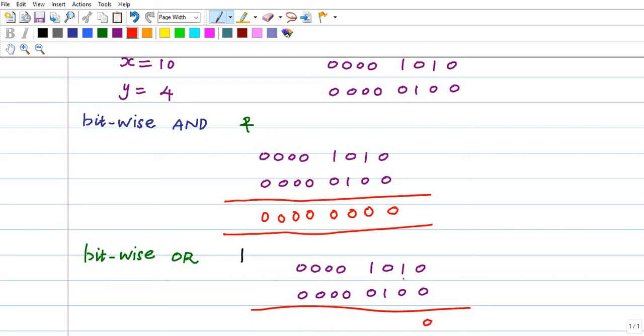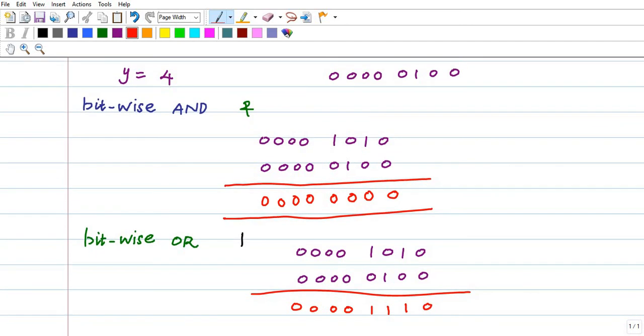If at least any one of the inputs is 1, I'll get 1. So 0 and 1 is 1, 1 and 0 is 1, 1 and 0 is 1. So the output should be 14.